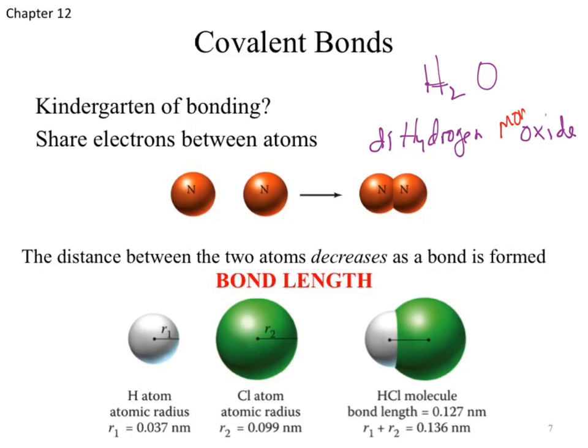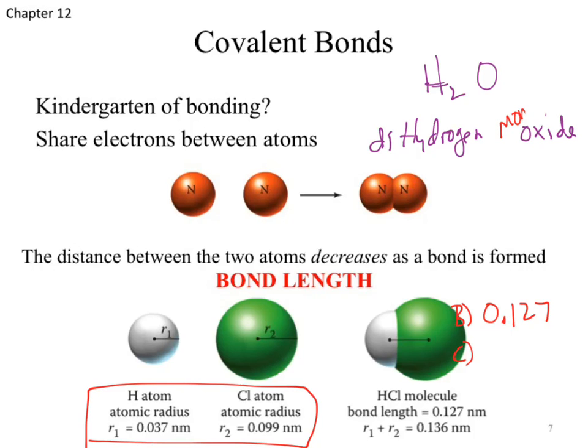All I could probably ask would be, in a multiple choice test, which of the following is a possible bond length for the molecule HCl? And I would give you the radii of a hydrogen atom and a chlorine atom. And let's see if we can do a multiple choice here. Let's say, well, first off, let's give you the answer. 1.27, let's make that B this time. C as an answer would be 0.136. Anyone want to call me out on not using units?